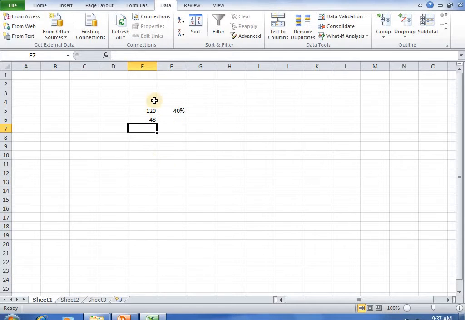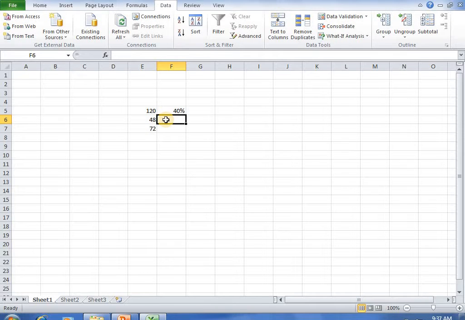Before that, we take is equal to, select this 120 cell, minus 48.